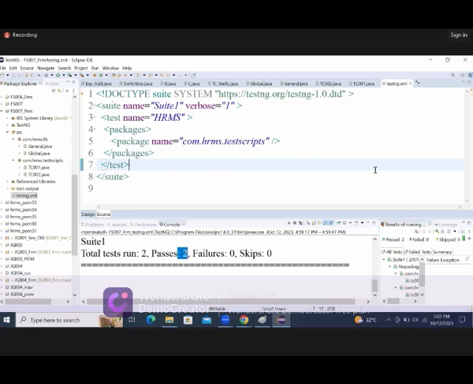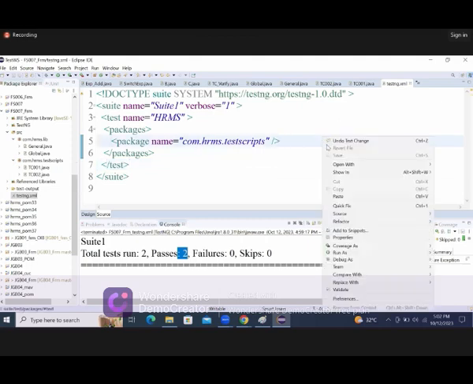Right? So that is what we need to take care of, in providing that particular respective package name. Now you can see, if I'm executing,